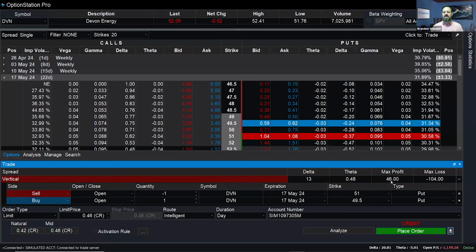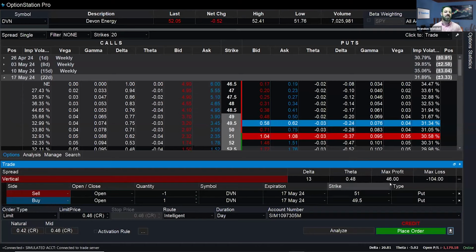Right now, I'm looking at a maximum profit because I'm bringing in, I'll use the mid, that's fine, $46. That's my max profit, the premium you take in right away. Max loss is $104. Again, that's the difference between the two strikes, 51 minus 49.5,